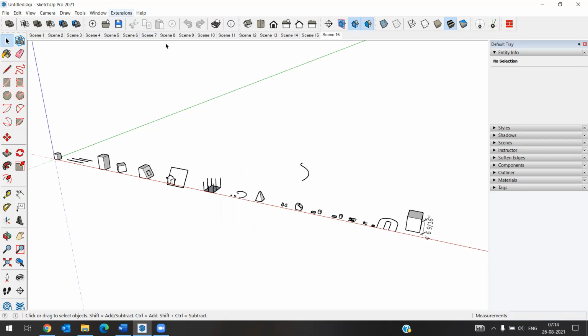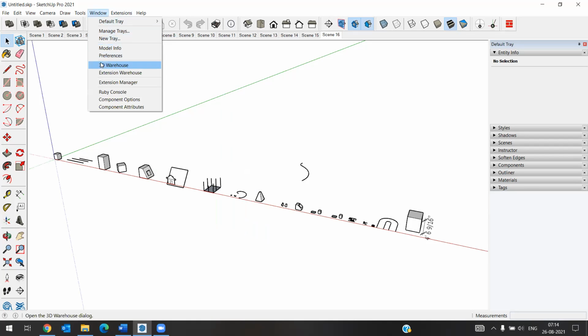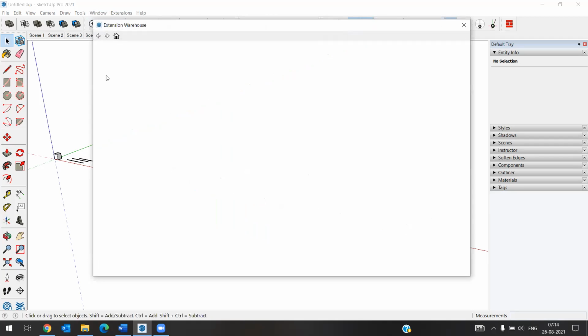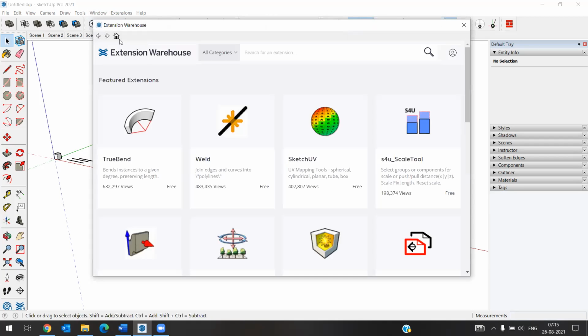Hemita, I think you don't have this tool. So for that you have to go to window. There you will see extension warehouse. Okay, if you click on that, you will go to extension warehouse page.